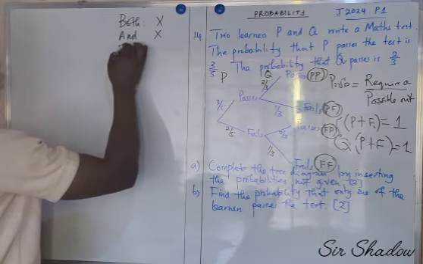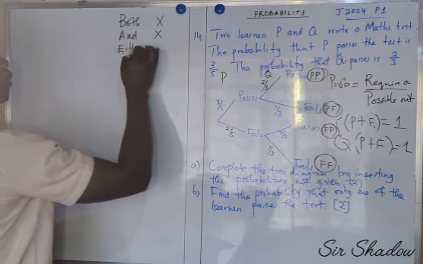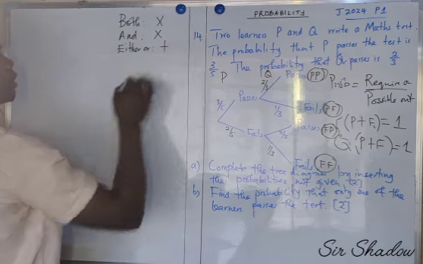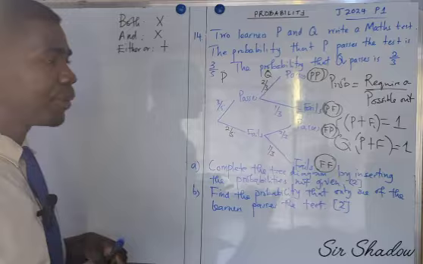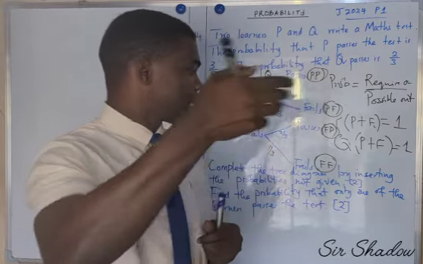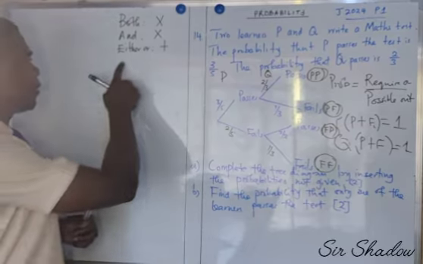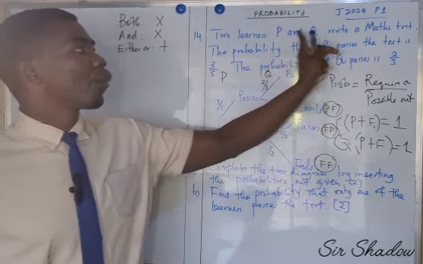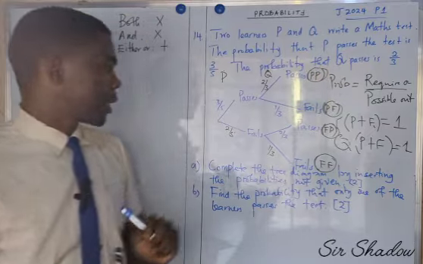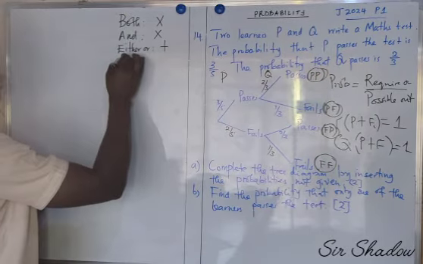Then, if you are given either/or, for either/or, here we add. If it's either/or, we add, meaning one of them passes the test. One of them passes the test, meaning either P or Q passes the test. Then for neither nor